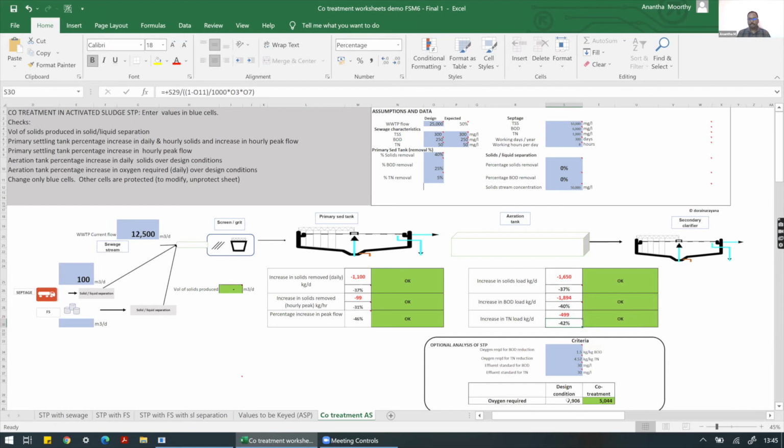Then there is an optional analysis or criterion which talks about the oxygen demand. That oxygen demand also has a spare capacity of 2000 kg of oxygen per day that can still be utilized. So there is no load on the blower or the equipment that is installed. Then how do I know how much more I can add into this FSTP? Let's look at a higher capacity, like 600 meter cube.